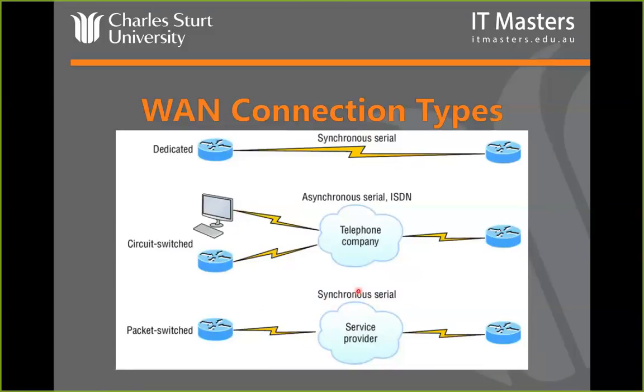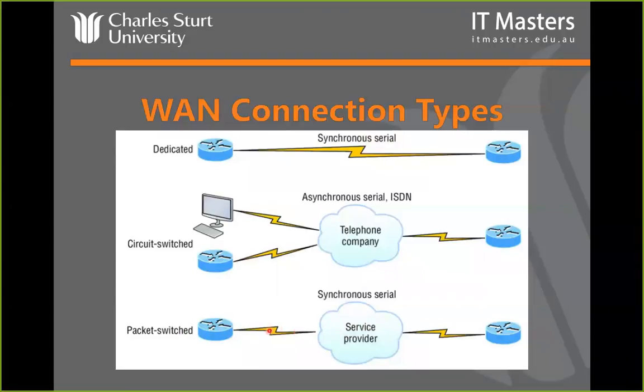We then also have a synchronous serial, which uses packet switched. And although it appears very similar to this one up here, in that there's a single connection from each way, it disappears into a cloud. Now inside that cloud, there are a number of different routers, usually quite a number of different routers. And depending on the routing protocols or different issues or events that may be happening inside that provider network, the path that packets take to get from here to here may be different from time to time. So therefore it's a packet switched technology.